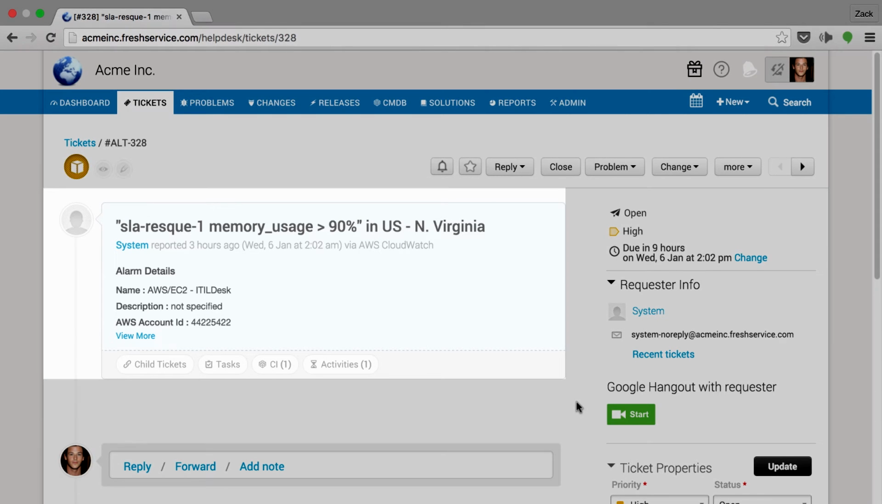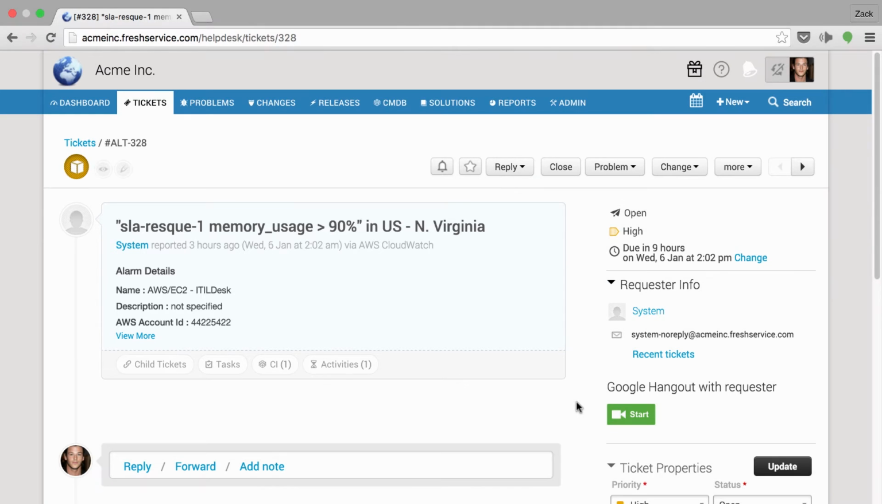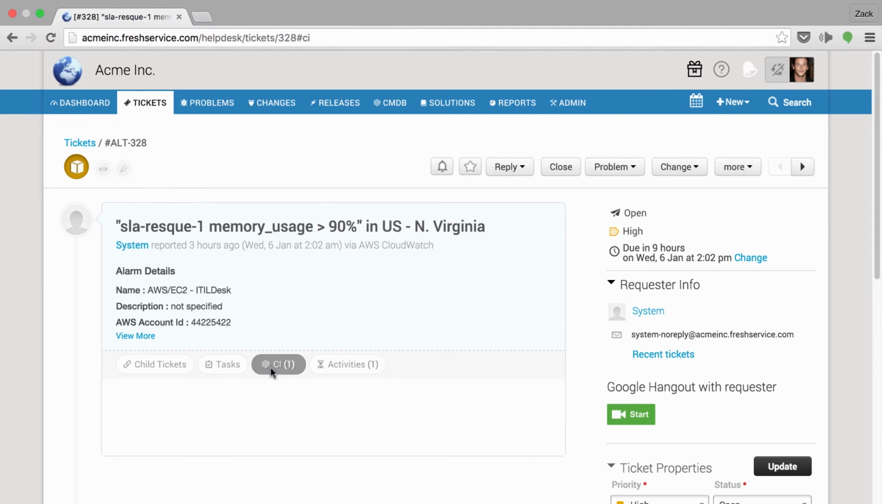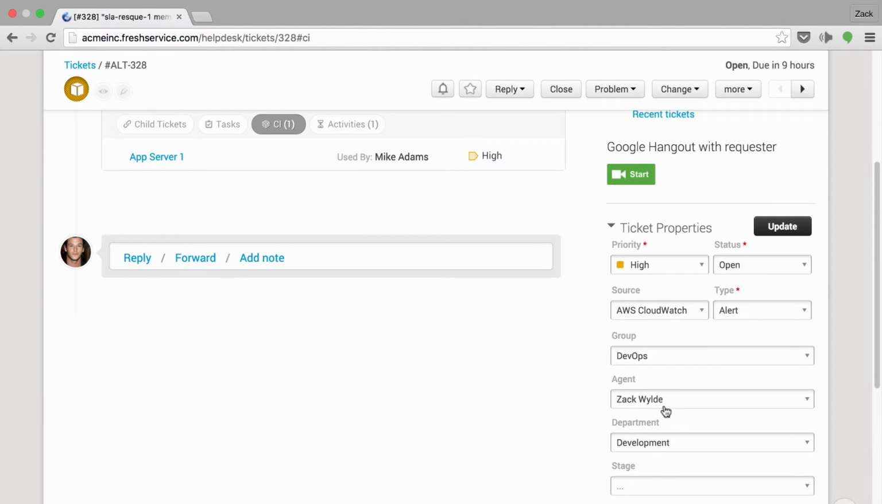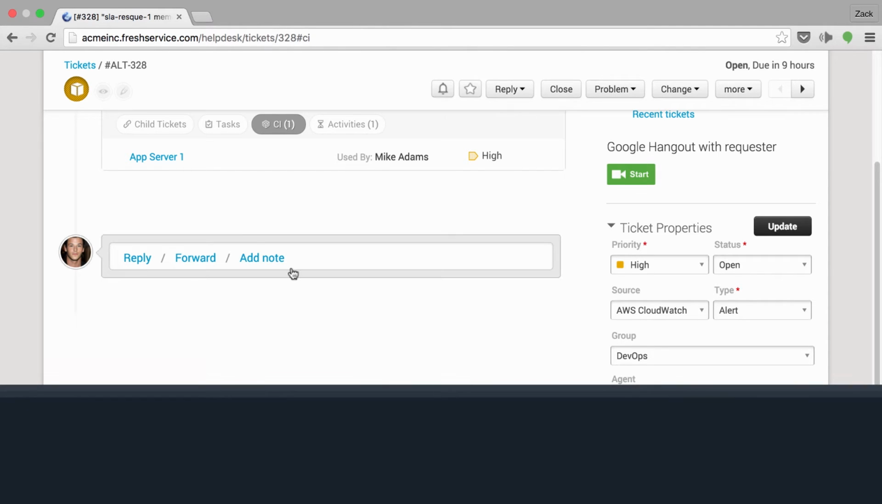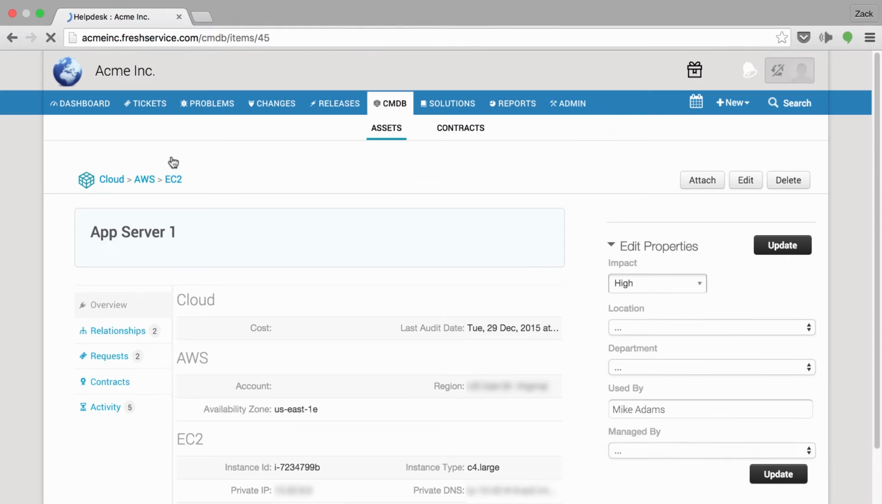Here's an alert for an application server that's hosted on an EC2 instance. There was a spike in its memory usage, and when it crossed 90%, CloudWatch triggered an alarm. The alert was sent to Freshservice and automatically assigned to the DevOps admin. Now, since the server is linked to the alert, the admin is just a click away from everything he needs